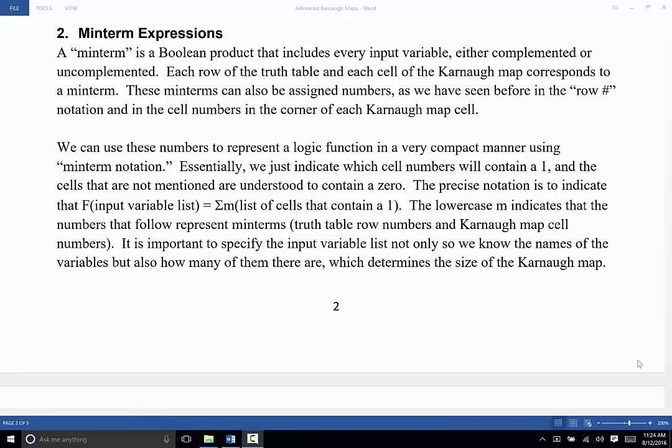The second advanced topic I wanted to talk to you about regarding Karnaugh maps is this idea of a Minterm expression. Now, Minterm is almost certainly a new word for you, but Minterm simply means that it is a Boolean product, so it is an AND of several variables, and that Boolean product must include every input variable. So if there are three variables, A, B, and C, then A and B and C is a Minterm, or not A and B and not C is also a Minterm. So the variables can be complemented or uncomplemented, but every variable must be present for there to